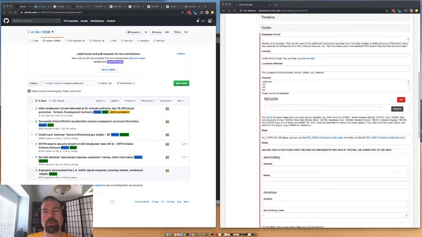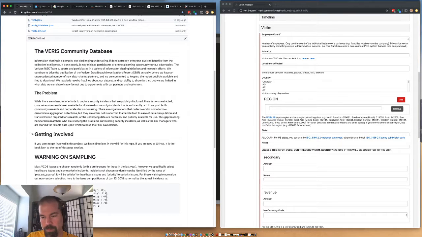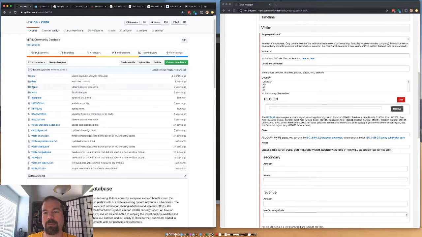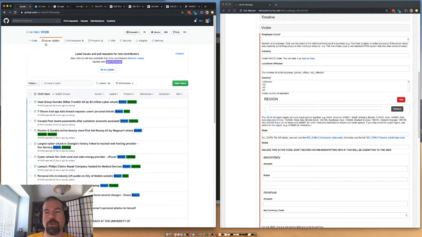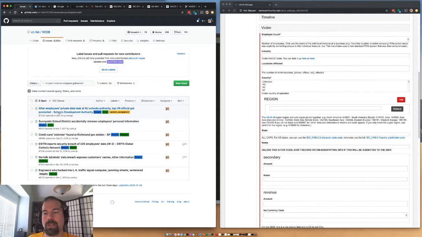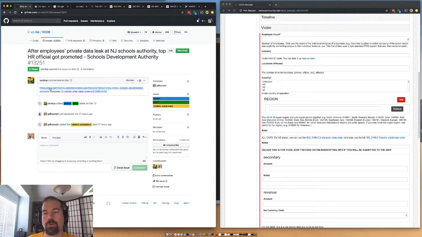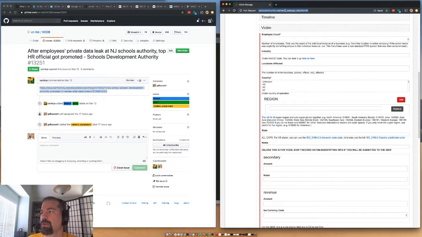We're going to start with the VERIS Community Database, VCDB. This is a repository of manually encoded breaches. There's, I think, 5 or 6,000 in it now. And we keep potential breaches to add to it as issues in the GitHub repo, and they get assigned to authors to code. What we do is use the news article about them to turn them into structured data. You do it using a web app called the VERIS Web App at VERIS Community.